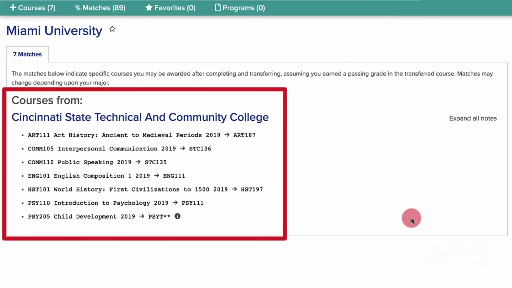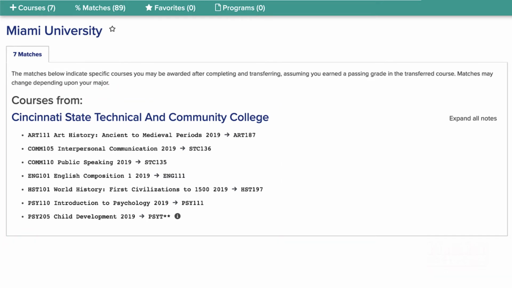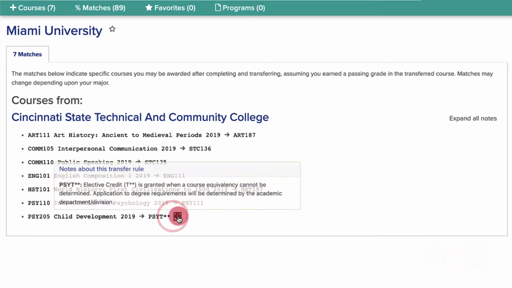The next screen will display the details of your matches. In this list, it will show which courses have equivalent credit at Miami University Regionals, as well as any other courses that may appear as T credit. The courses listed with this notation do not have matches at Miami University, but can be reviewed by the academic department for application to your degree program. You will discuss this with your academic advisor upon completion of the enrollment process.